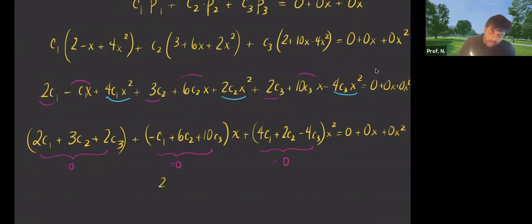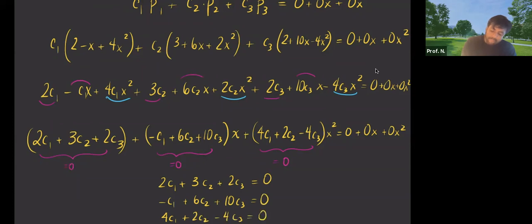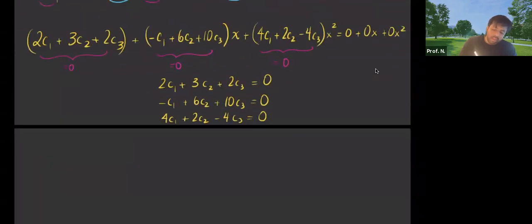So look what I get. I get a system of equations again. I get 2C1 plus 3C2 plus 2C3 equals 0. I get negative C1 plus 6C2 plus 10C3 equals 0. And I get 4C1 plus 2C2 minus 4C3 equals 0. And then when I create the